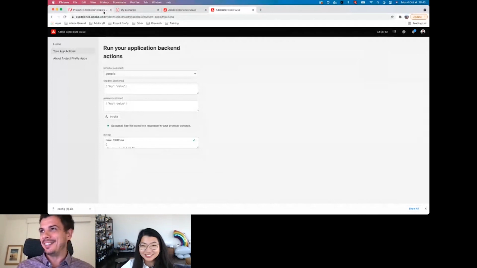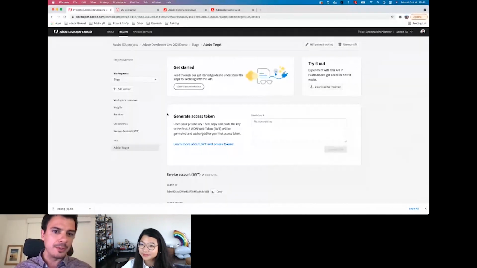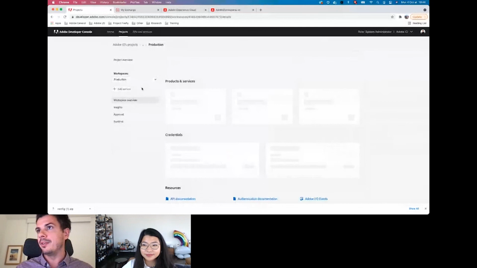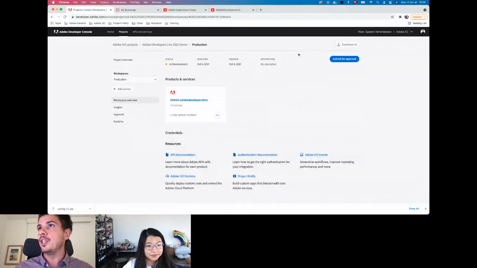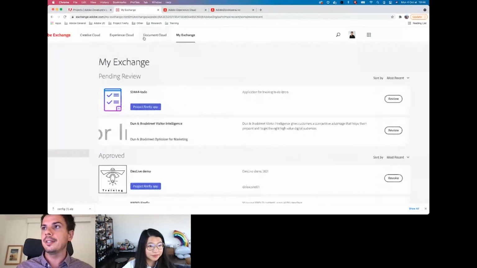I can do that. So once my application is ready for production, so normally you don't do that at home. You would use a CI/CD pipeline. We support GitHub Actions by default, and you would deploy your production-ready app from your GitHub repo to the production workspace. You might want to go as a developer to your production workspace in Developer Console and click on Submit for approval. This would launch an approval workflow in which your org admin will be notified and will have to go to Exchange to see the list of pending applications which are to be reviewed, could decide to review one of them,